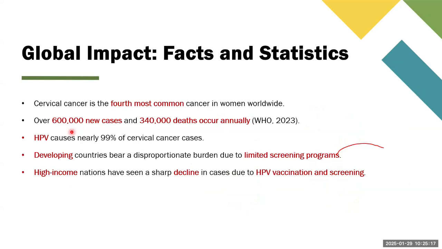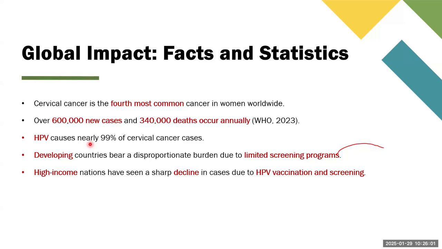Next is the global impact or global disease burden of cervical cancer. It is the fourth most common cancer, as we already discussed. Over 600,000 new cases and 340,000 deaths occur annually, as per WHO stats from 2023. HPV causes nearly 99% of cervical cancer cases. So it is highly unlikely that a patient comes up with cervical cancer without the history. In the majority of cases, 99% of the cases, a patient must have a history of HPV, whether diagnosed